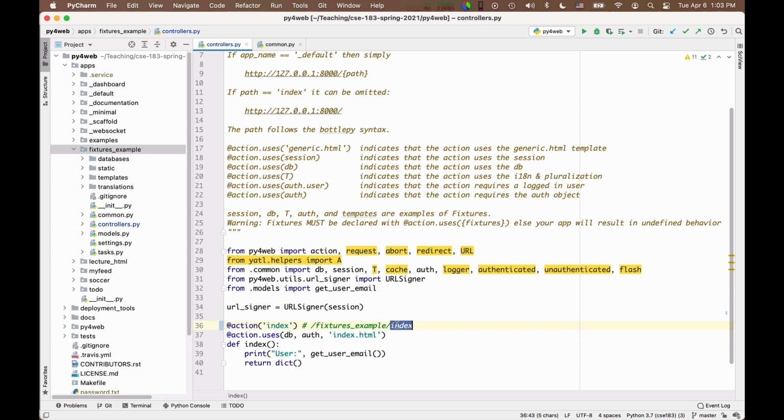This string here is essentially the same string here. So essentially this is used to declare at which endpoint, at which URL, you make this function available. The other line, this action.uses, is what is used to perform the steps 1, 2, 3 above.